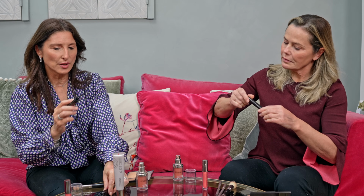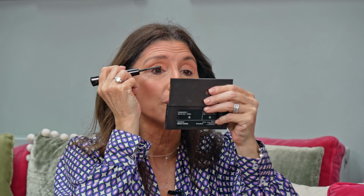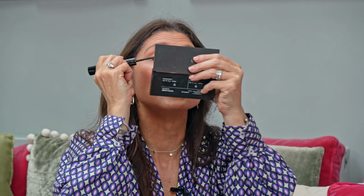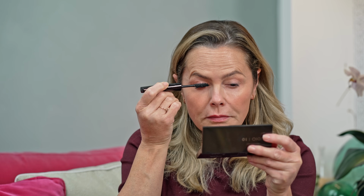I tend to use the comb and just do a little bit on the ends of my lashes for added definition. Because again, during the day, or if I'm working by my desk doing a few Zooms, I don't always want to go full lash. You go full lash. I love my lashes. I love having big lashes. And I do love your mascara, and your brush is exceptional. The brush was,